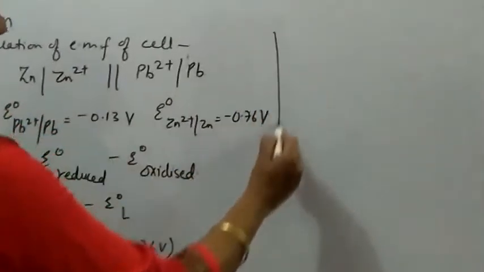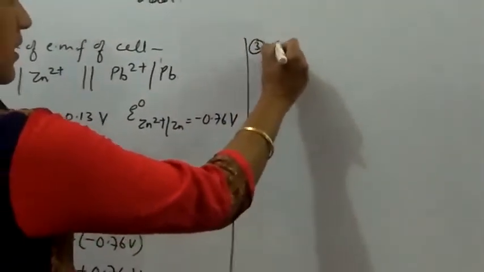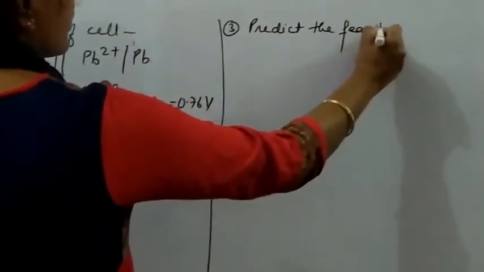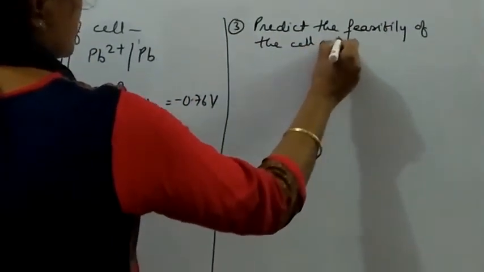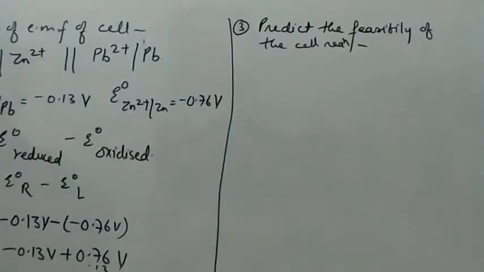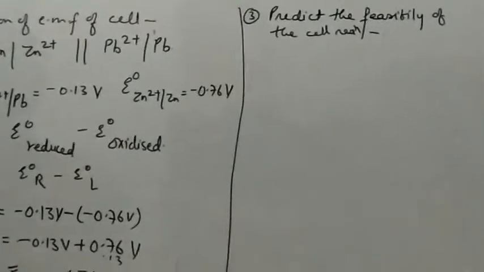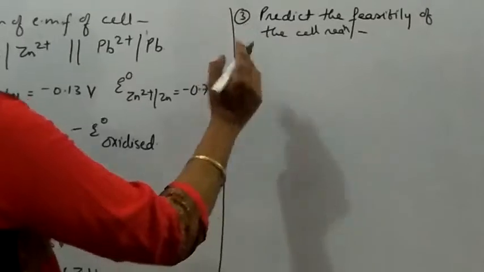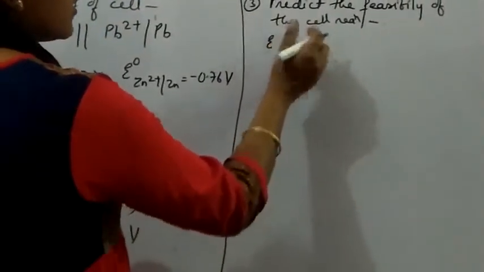Now the next application is this only, to predict the feasibility of the cell reaction. One is to just find out the E naught cell potential and see whether the value is coming positive or not. The second one is that we will see that the electrode which has got the lower value of E naught